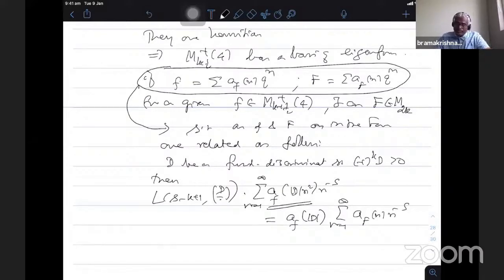For those values, you have to take the Fourier series. So all other coefficients are 0. Therefore, you consider this Dirichlet series and proceed as in Shimura's case. And then what we showed was that this is nothing but this L inverse times the Euler product. So he proved a similar result in the case of the plus space.